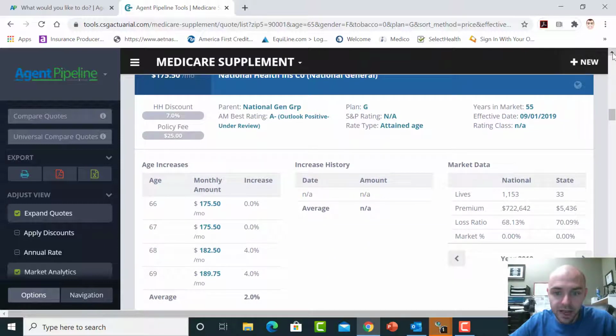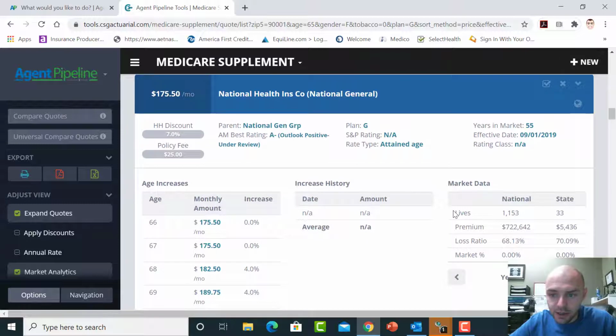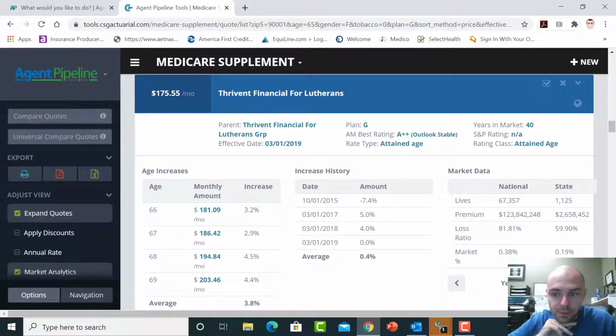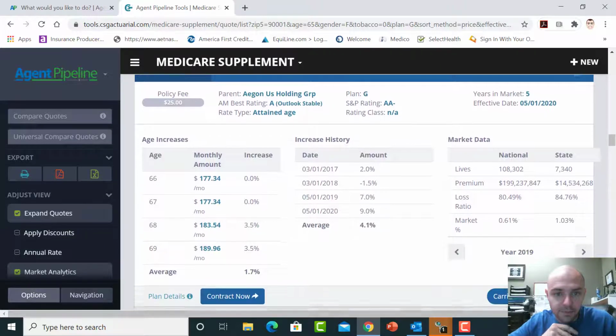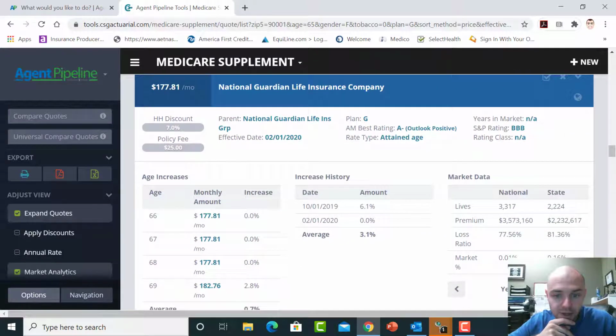National Health, which is basically National General, they're relatively newer to the market, but not too new. They haven't had a rate increase as of yet, so there's not a whole lot to go off of. But as of last year, they only have 33 insured lives in the state, which I don't love to see such low numbers there. Thrivent doesn't look too bad on those rate increase histories either. Transamerica. Recently, looks like the last 2 years, they've had a 7% and a 9% rate increase, which I don't like to see that. National Guardian,